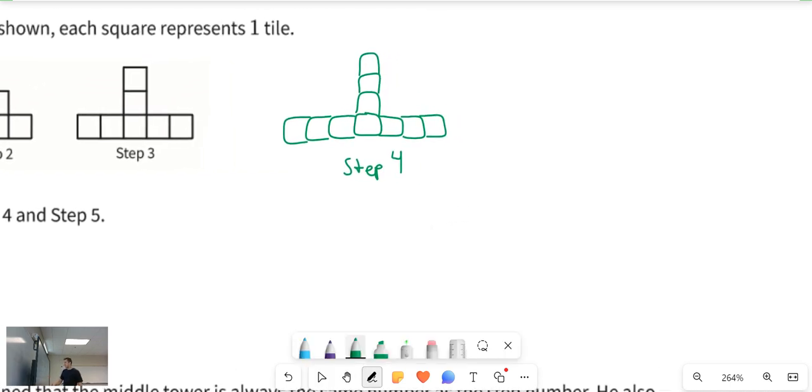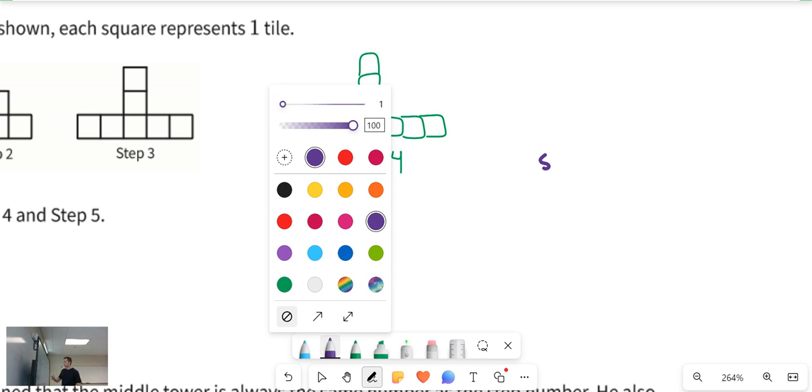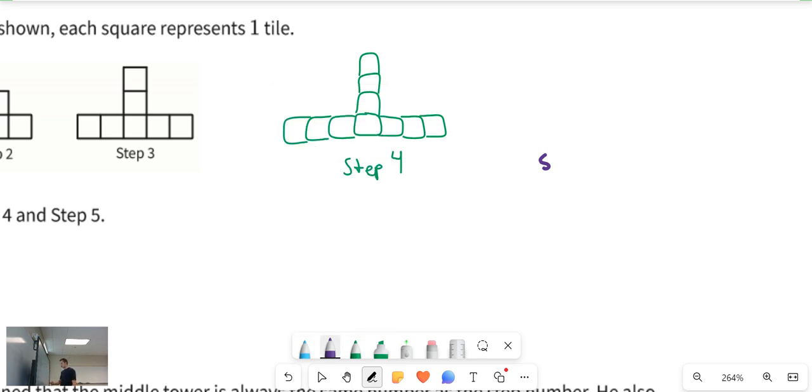We'll do it in a different color. That's fine. All right. Oh, looks like we're drawing twice as wide here. There we go. Let's make that thinner, and we will erase that and go again. Okay. So we have step 5,